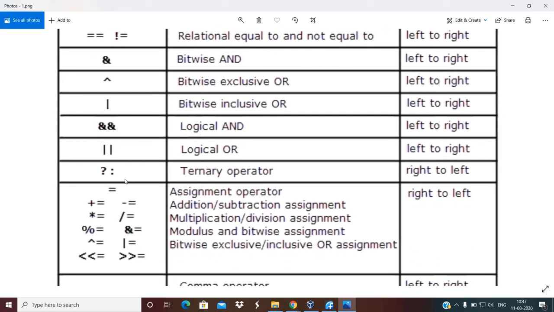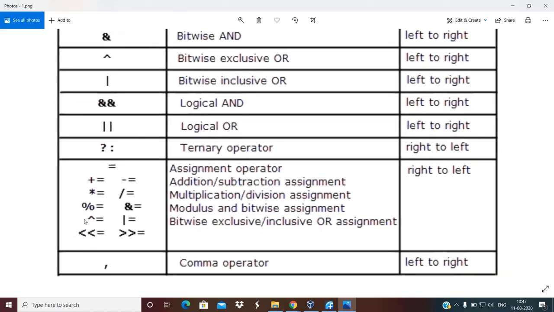Okay, next come the assignment operators. They are equal to, plus equal to, minus equal to. This refers to addition or subtraction assignment. Star equal to, front slash equal to, and so on and so forth. Okay, so you might ask, what is the meaning of this plus equal to, minus equal to, and so on?